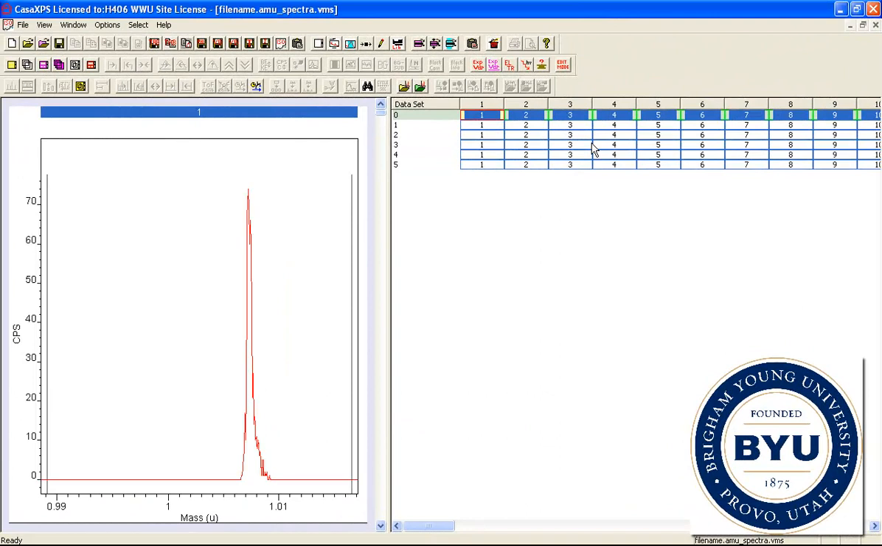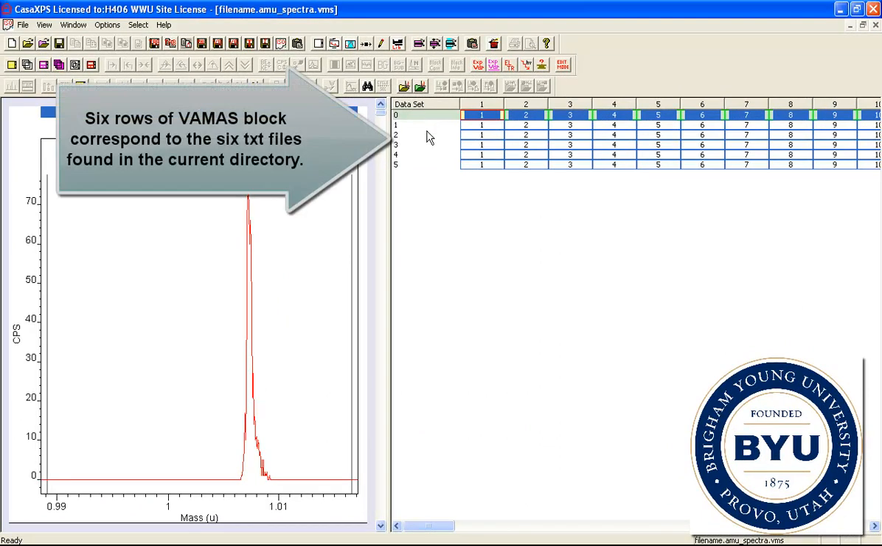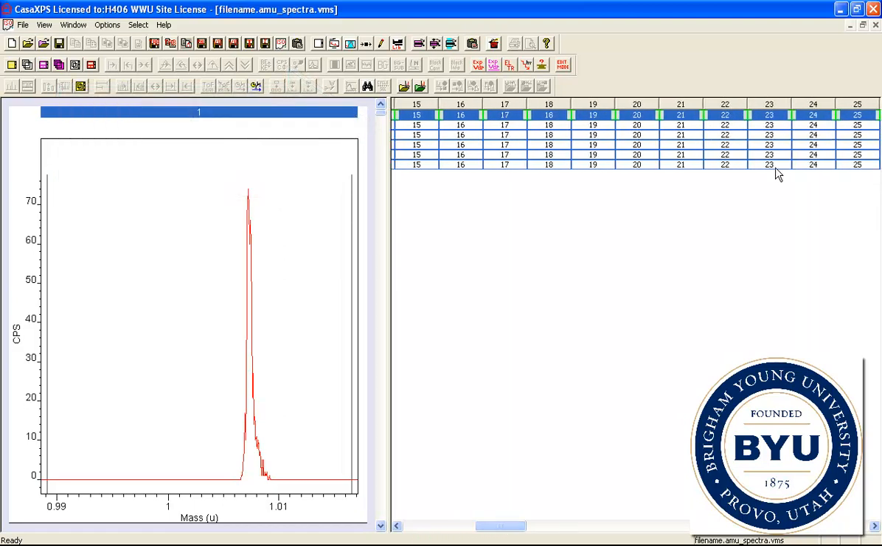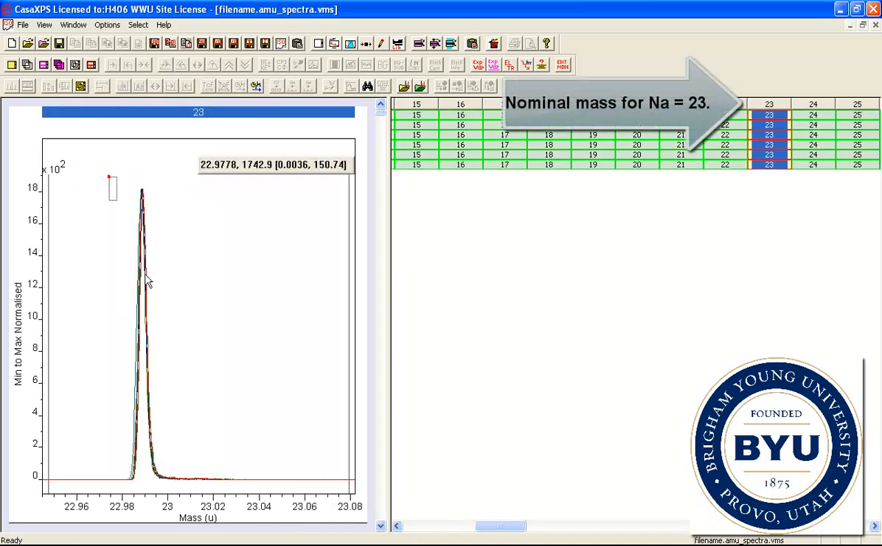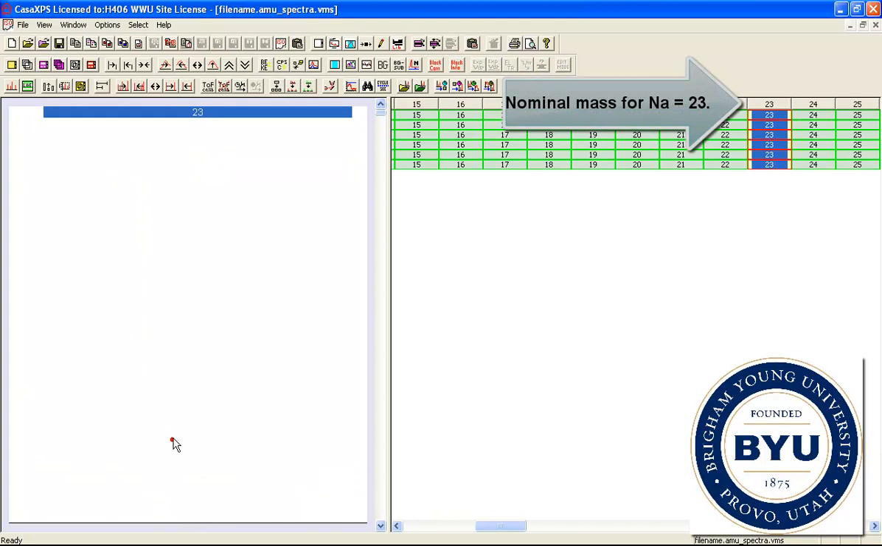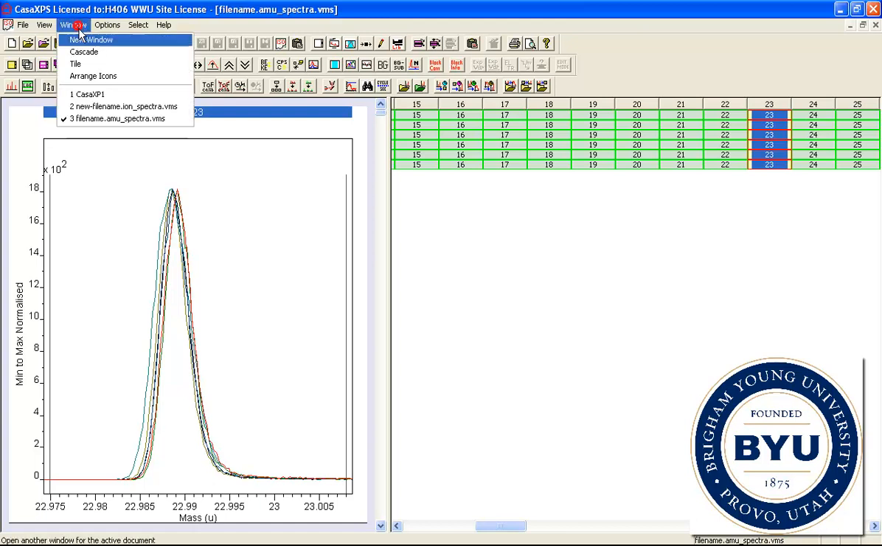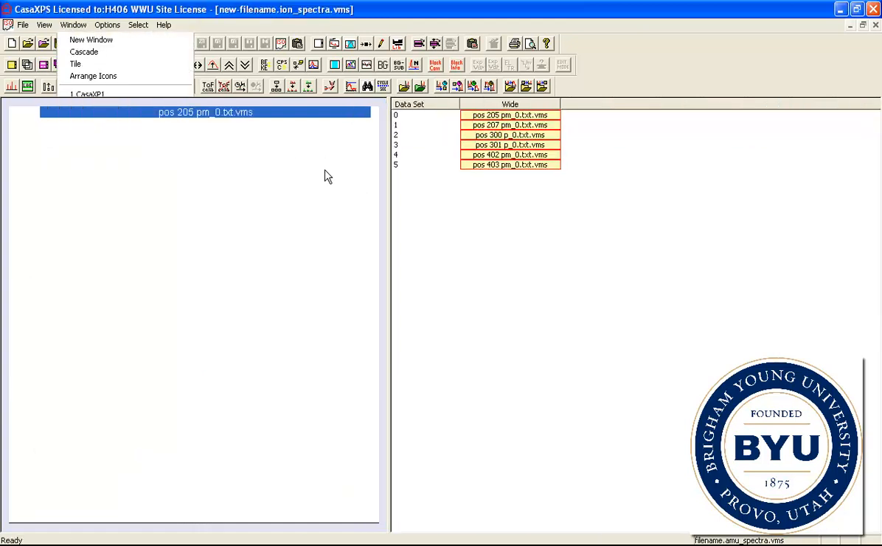So the file now looks like 6 rows, one for each one of the data files, and these contain mass spectra. If we overlay, for example, the sodium peaks, we can now see that the mass calibration has been used to align these peaks. And the reason these peaks are offset is because the mass calibration wasn't exactly the same for each one of the files when converted. If we go back to the wide form of these data,